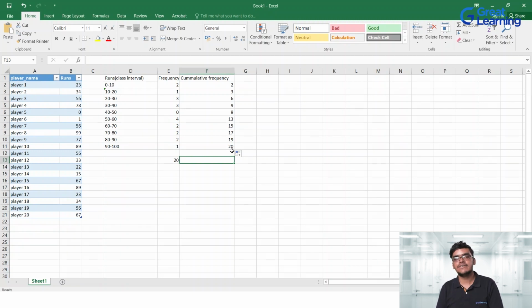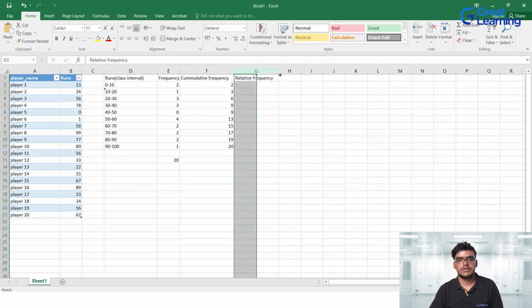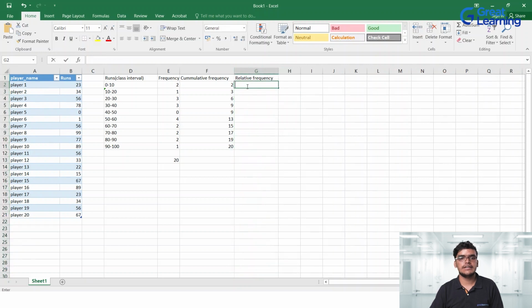Now, coming to the relative frequency. What is relative frequency? Relative frequency is equal to the frequency upon the total number of observations, or you can say the total number of frequency. So I'll just write here relative frequency. Okay, then how to calculate relative frequency? It's simple. Let me write here is equal to,